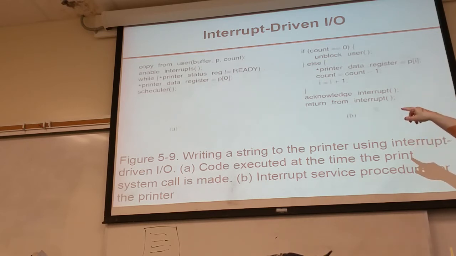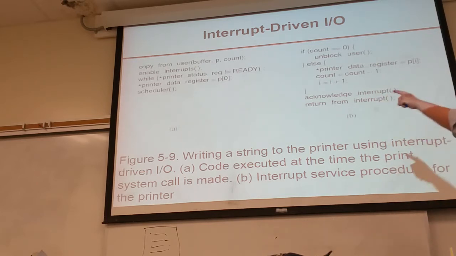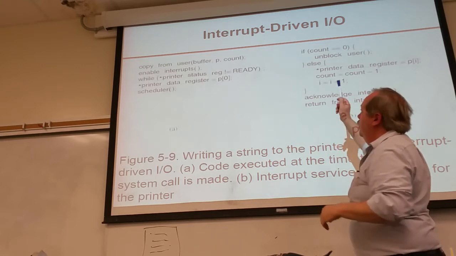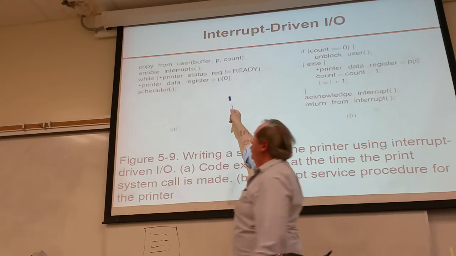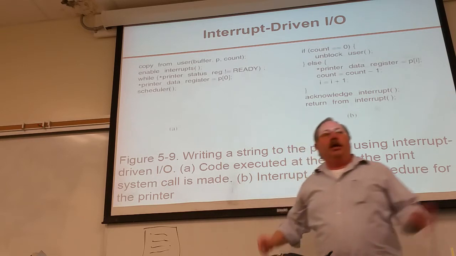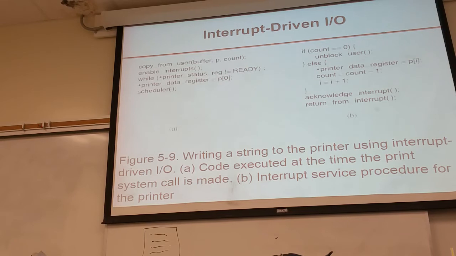And then I go ahead and I do work. I turn on my printer because I want to talk to the printer. I wait till I get my ready, and then I go ahead and initiate. In this case, I initiate a register with the initial byte, and then after I've initialized it with the initial byte, I called scheduler, which said, okay, go ahead and put me into ready blocked, right? That allows another process to then go from ready to